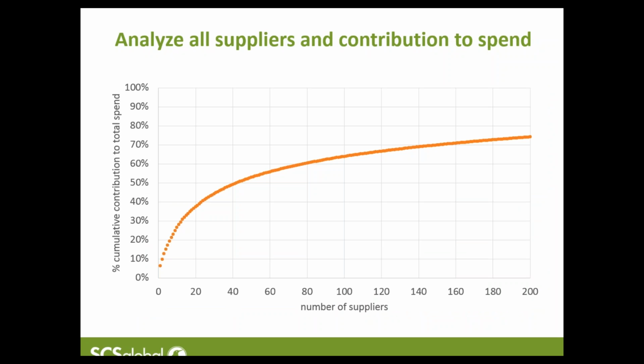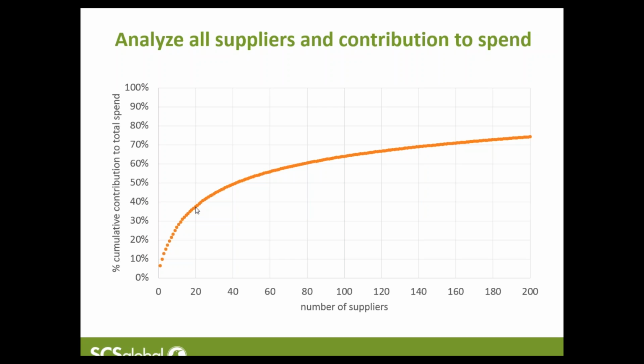data collection. So what this chart shows is the data from the entire list of suppliers from that previous spreadsheet. Along the horizontal, we have the total number of suppliers to this company. So you can see it's over 200 in this case. Then on the vertical, it's the cumulative contribution to the total spend of those suppliers. So for example, if you look at 20, the primary 20 suppliers are responsible for nearly 40% of the